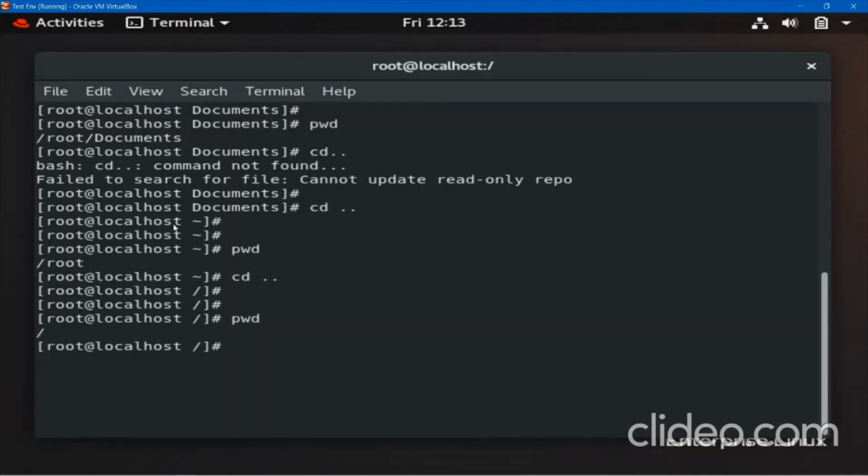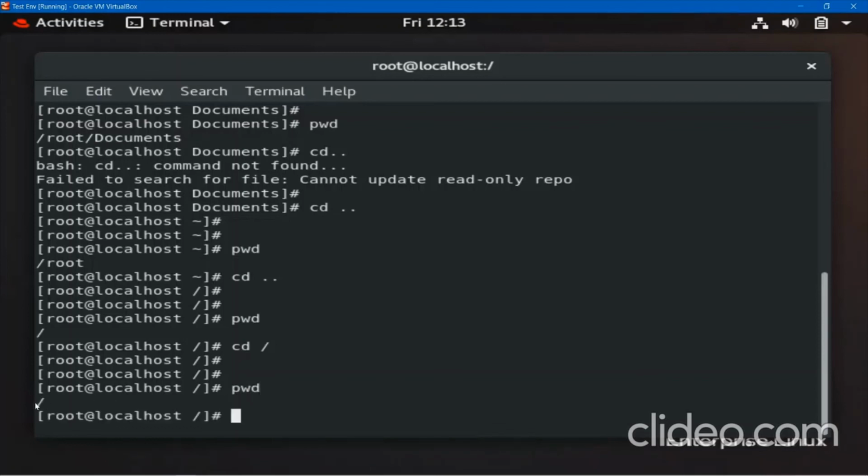Remember, whenever you normally log in, you are in this folder, that is /root, because you are logged in with the root user. If I log in with the kp user, there will be a folder named kp, so by default I will land in that folder. If you want to go to /, you have to type this to go back. If you want to go directly to the / folder, you can type cd /. This will land you in the same folder. I can see with pwd, here I am already there.